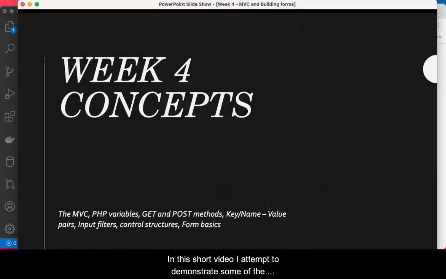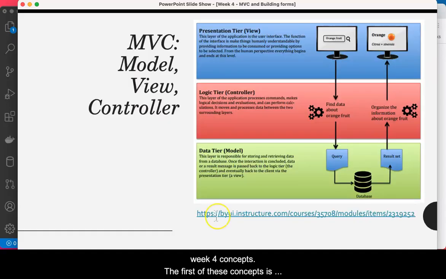In this short video, I attempt to demonstrate some of the week 4 concepts. So the first of these concepts is the model view control structure, and this same illustration is part of the activities for this week. So the thing that I'd like you to remember about this is exactly what you see